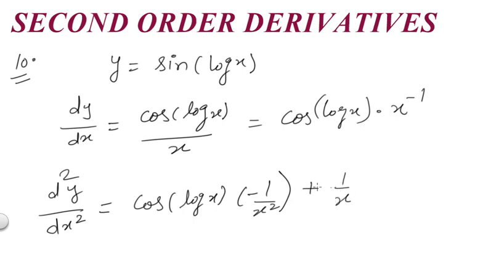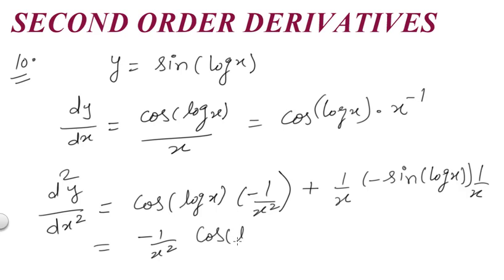Cos of log x will be minus sine of log x, and of log x it will be 1 upon x. So you just see we have minus 1 upon x square cos of log x minus 1 upon x square sine of log x. Clear? Now you can take minus 1 upon x square common, can write the answer in more simplified way. So this is how you are going to solve the questions of your exercise 5.7.